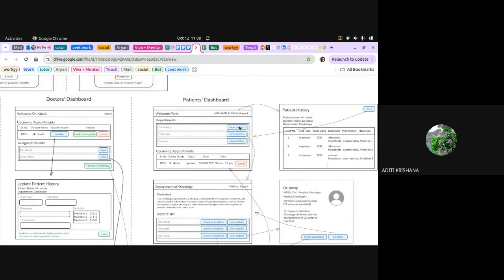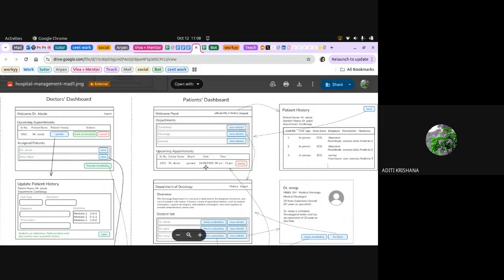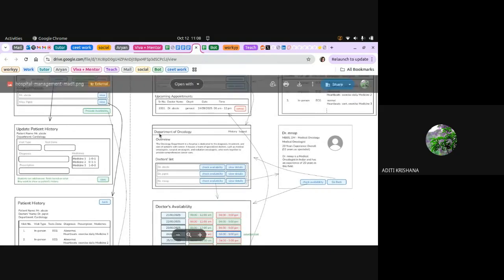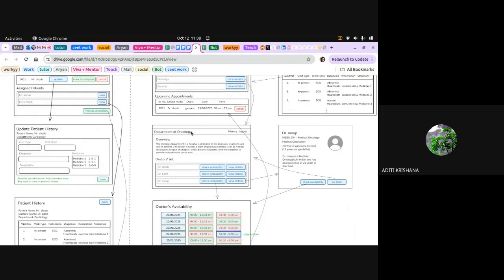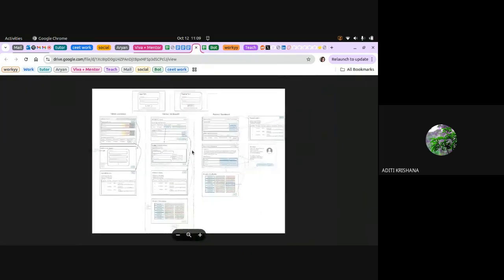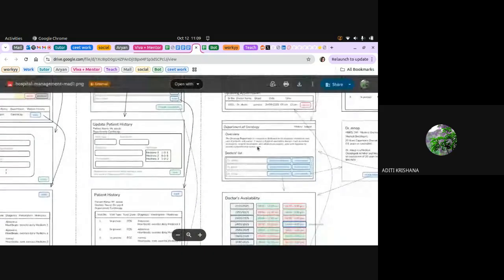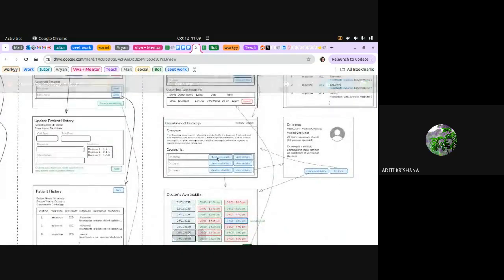View details button. When you click this view details, it will show the department heading, the name of the department, the description which you have given, and the list of all the doctors inside that department. So how will this happen? I have told you yesterday as well that